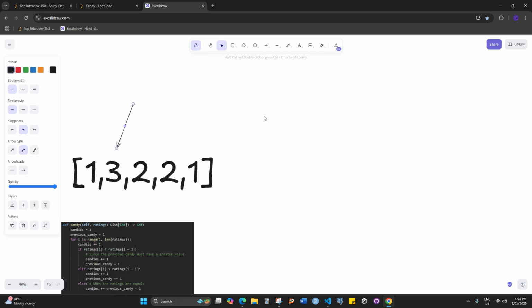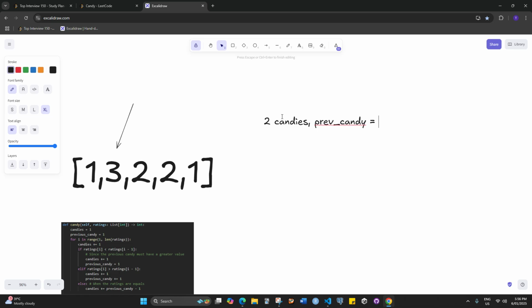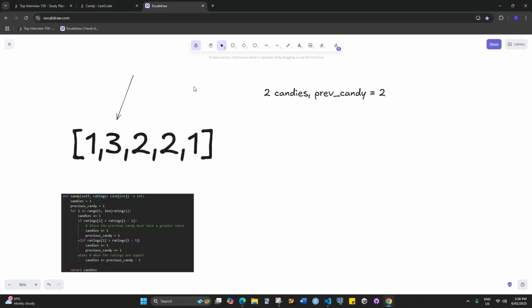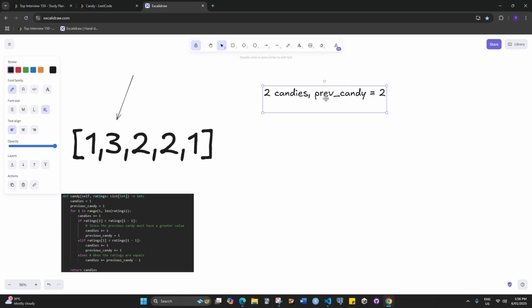We move, so in iteration 1 we have 1, after that we plus, so 2 candies. Previous candy has to equal 2 since the current rating is greater than the previous rating. Move on to the next iteration, we have 3 candies, and then because we entered the first one, we do